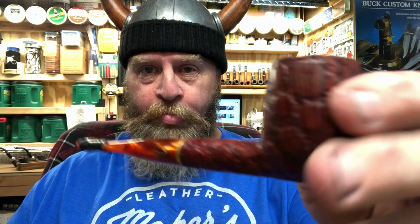I'm smoking my Savinelli Red Alligator, shape 128, which will become important in a minute. In it, I'm smoking a little bit of Mac Baren HH Latakia Flake, which I'm enjoying very much. And I'm drinking a little bit of Maker's Mark because